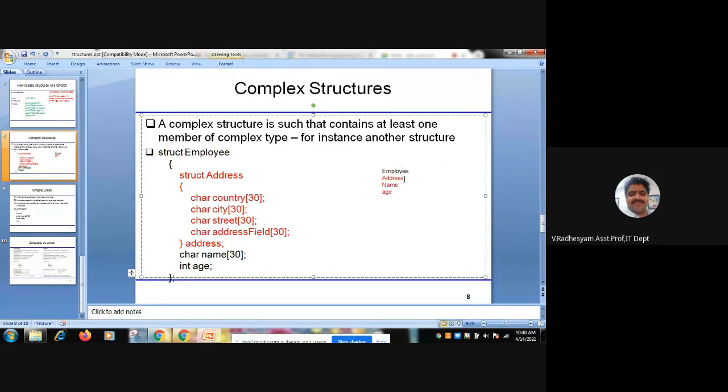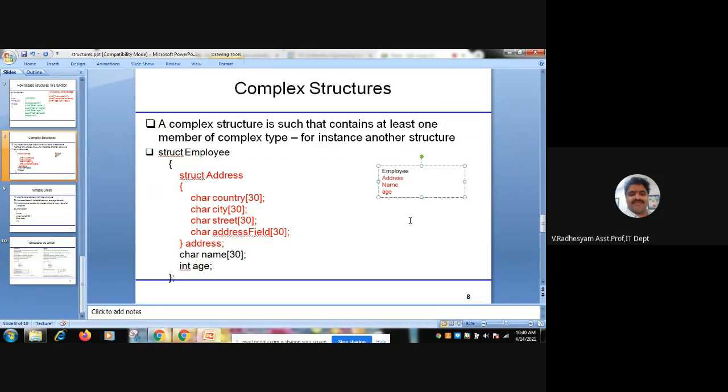But under address, there are some fields like country, city, street, and address field. So inside of the employee, there is one more variable called address, which needs some more fields. So we can define a structure inside a structure.